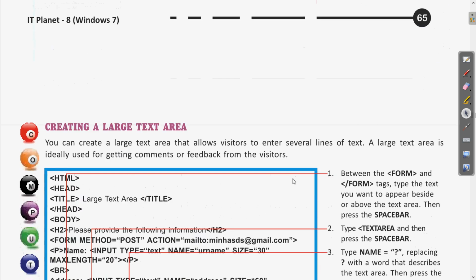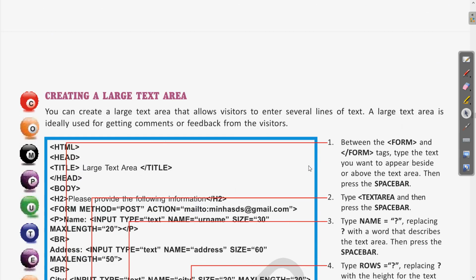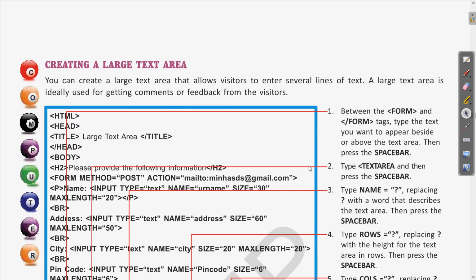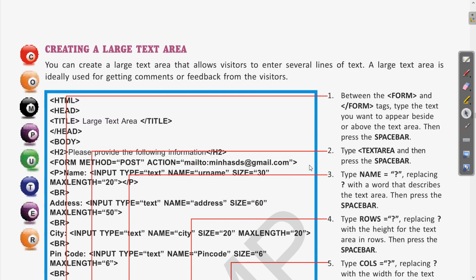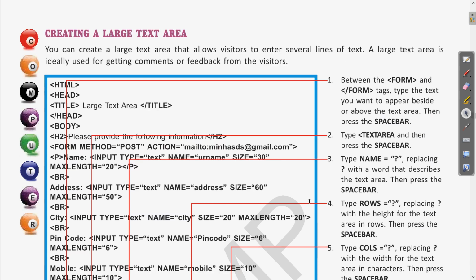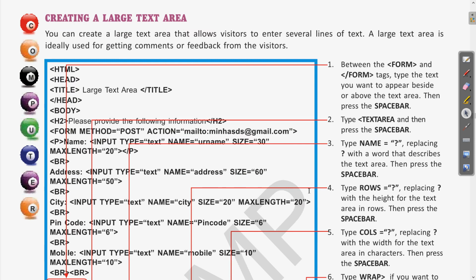Now next is creating a large text area. Right now, whatever information we are writing has limited characters. In each of the text boxes we are giving some size, such as 10, 20, 30, 40 characters. Suppose there is a web page where you have to write a paragraph or something like that. Clear? For writing a large amount of text, we can use the text area. We will now see in this program how to use the text area for taking more characters as input.